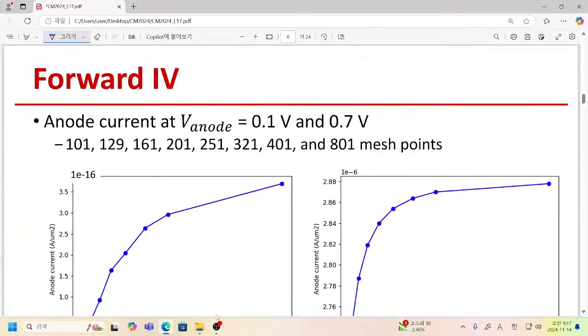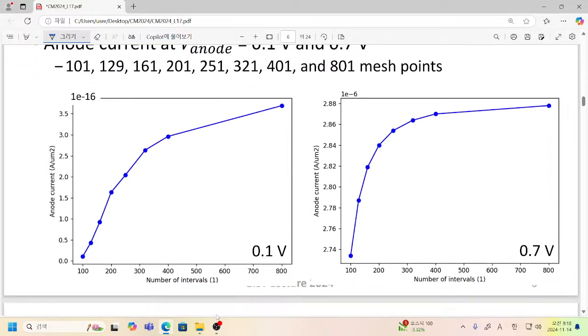Up to now, I just showed you the equilibrium electron density, and in this symmetric structure, hole density shows exactly the same form with mirror image. So I don't want to describe hole density. Instead of that, let's go to our forward IV characteristics. Forward IV characteristics means that I have applied a positive voltage to our anode node attached to the p-type region, and when you have a look at this one,